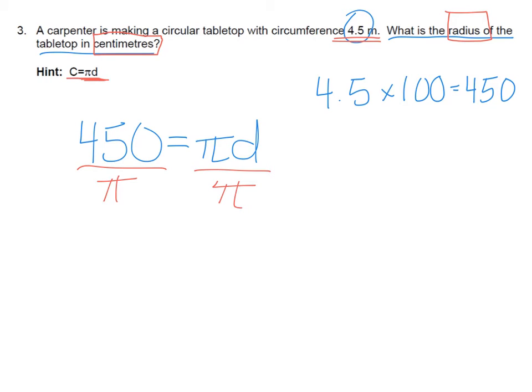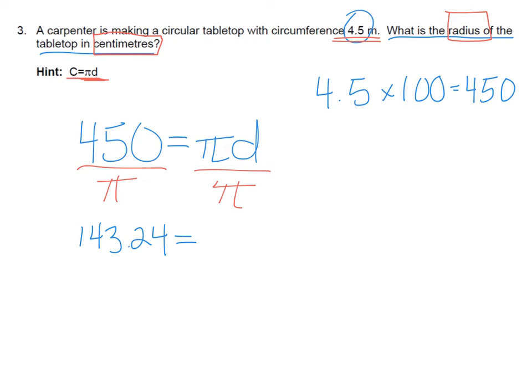When I do this, I'm going to use the symbol of pi on my calculator rather than just 3.14, so my answer can be accurate, and I will get the number 143.24, rounding to the nearest hundredth. So let me write that down. 143.24